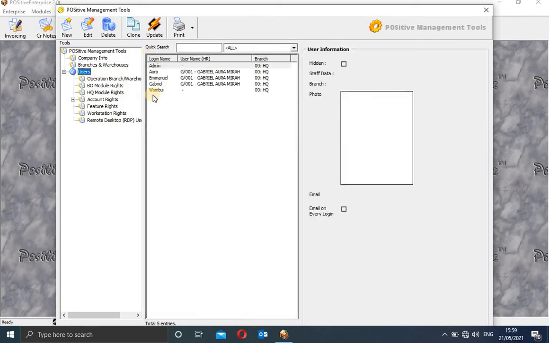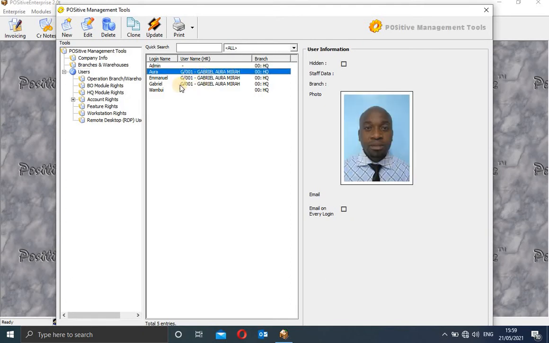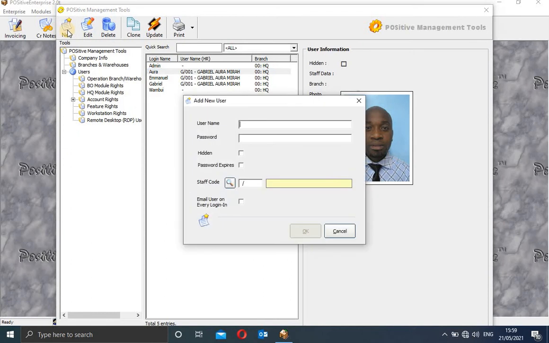And then of course, if you want to input the names of people that want to use the system, this is what you do. Like we said earlier, you just go to new, type the name of a person, and then you indicate their password. You give them a password, and then you have to indicate the expiry, for example that the password expires after every 30 days. We recommend 30 days maximum, but you can even put 15 days. That now depends on the policies and how the directors see it.